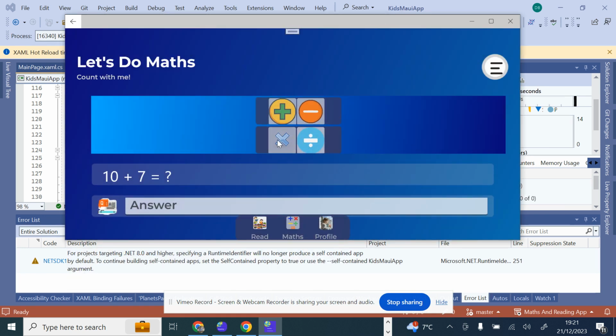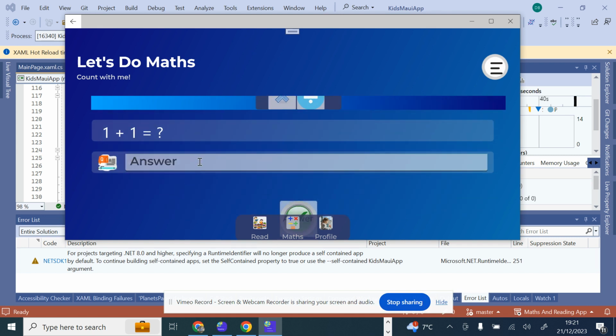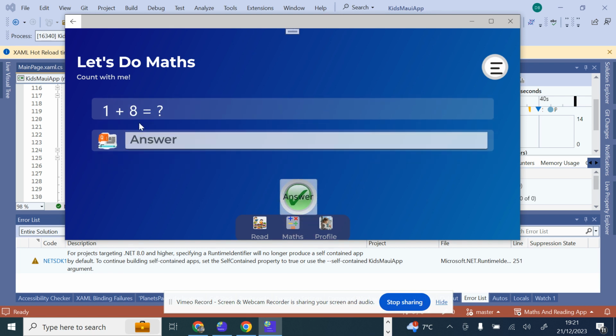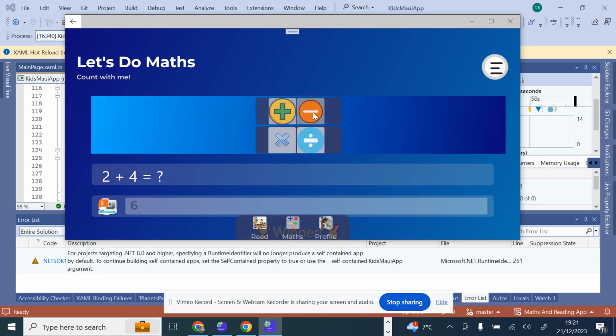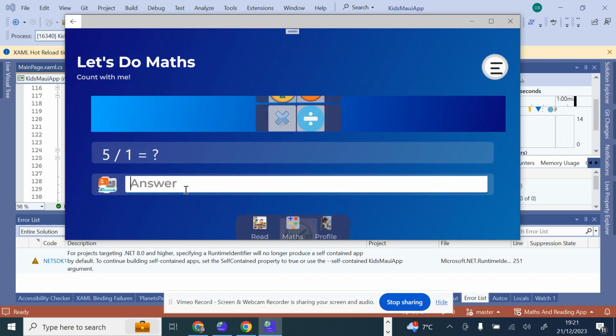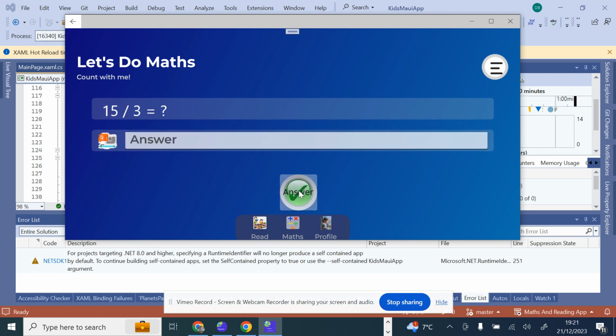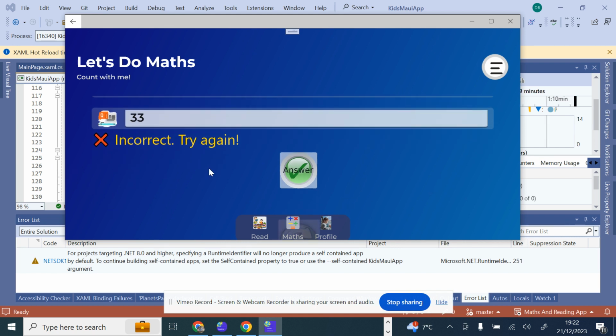Then we can play the maths, and let's say we need 5 right answers to display the badge, and voila. We can choose minus, multiplication, subtraction. If we choose a wrong answer, let's choose a wrong answer, it will be validated, so an incorrect with a red cross indicating it is wrong will be